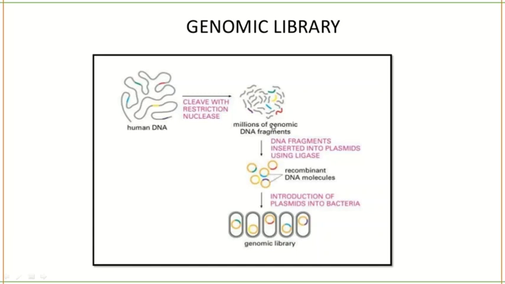So this is all actually what happens in genomic DNA library creation. You take DNA from an organism, say human DNA. You're going to cleave it with restriction enzymes so that you get small fragments. These fragments you insert into a plasmid vector, and then you get a recombinant plasmid. This recombinant plasmid you insert into a bacteria or a host. That is called transformation. Then you will get a genomic library.